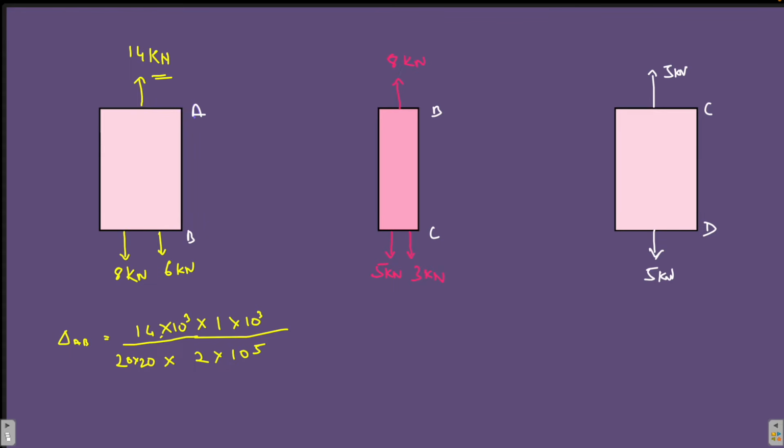Now we are just going to do the cancellation and we are going to get the answer. So it is 10 to the power 3 and this is 10 to the power 3, gone, 1 by 10 will be left, and this 10 to the power 5 is gone. Okay, now 2 sevens are 14. This 10 and this 2 will be gone, and we'll be left with 7 by 2. 2 twos are 4, 7 by 40, and that is in mm. Okay, so what is 7 by 40? 7 divided by 40, it is 0.175.